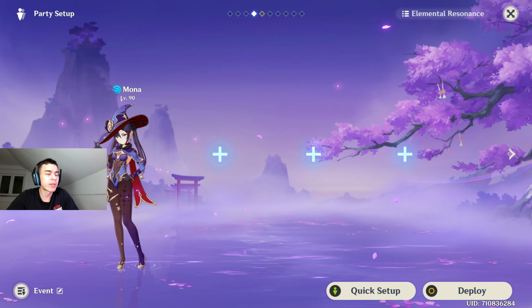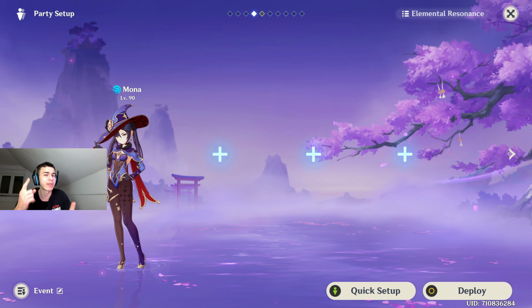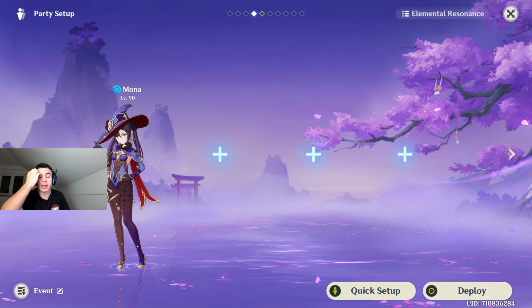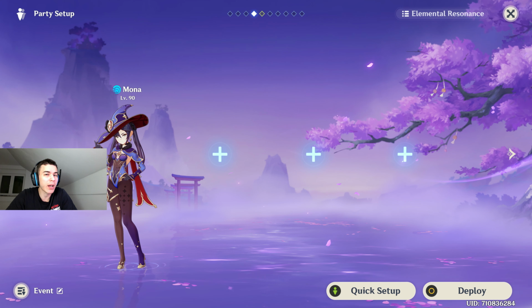One more thing to cover, we have Mona teams, and it's not going to be that hard because she's giving extra damage to everyone, she's giving crit rate to everyone who is attacking enemies with the applied Omen. So yeah, it's not going to be that hard because you can put her literally in absolutely every